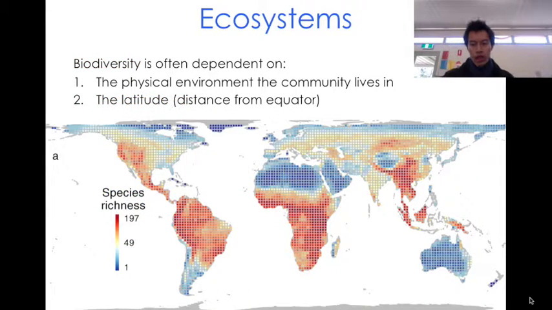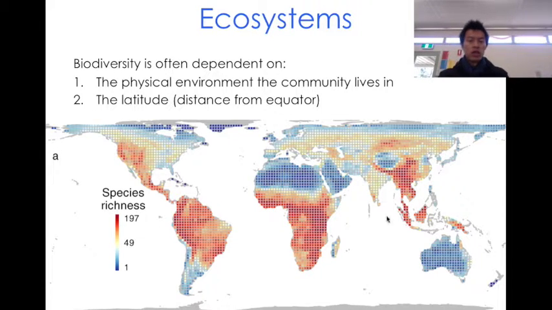If you look at the environments around the globe, a lot of ecosystems are dependent on two overarching factors. The first is the physical environment that the community lives in, and the second is simply the latitude, or distance from the equator. In general, there are patterns in ecosystems. This image shows the relative richness of species all around the globe, and you can see the general trend that as you move further away from the equator,